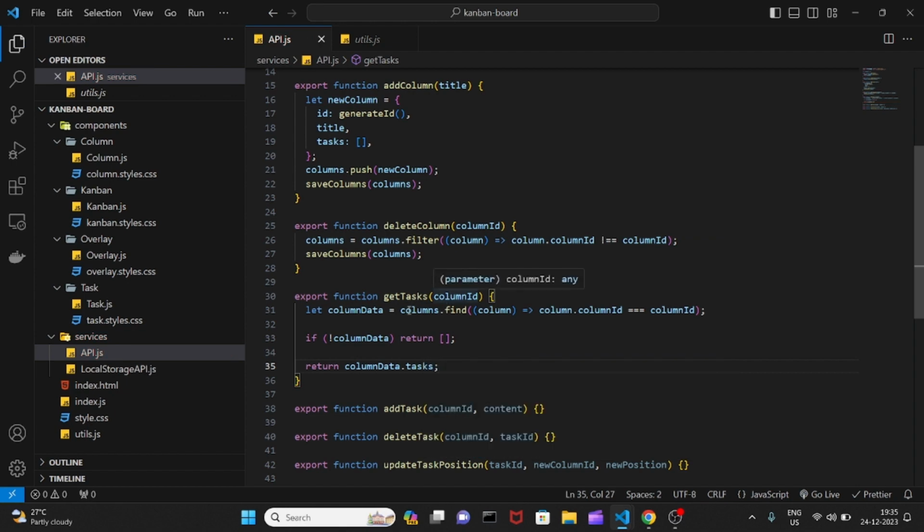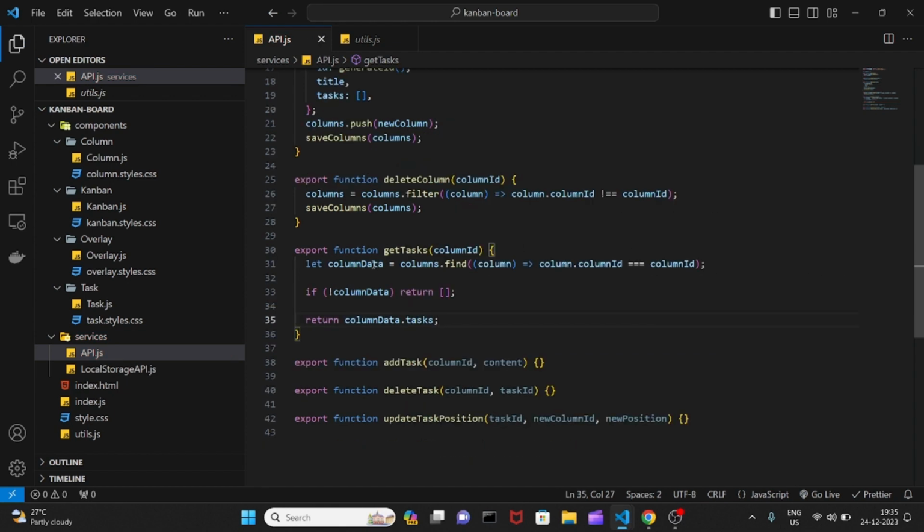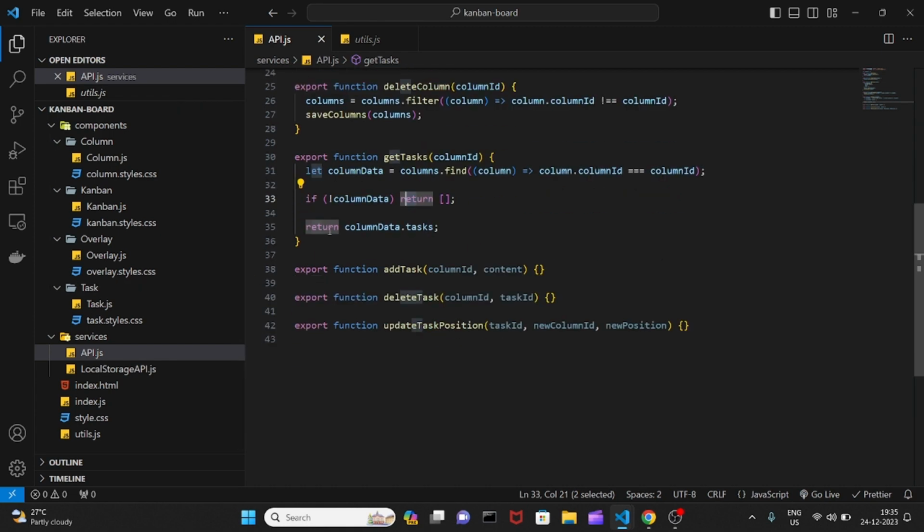For getTasks, we are basically going to find the column based on the column ID, the respective column. If the column is not there, then we are just going to return an empty array because it's a new column. Then the tasks is going to be an empty array. It's just for edge case scenarios, handling them. And if we find the column data, then we're going to return its tasks. Now for that task,